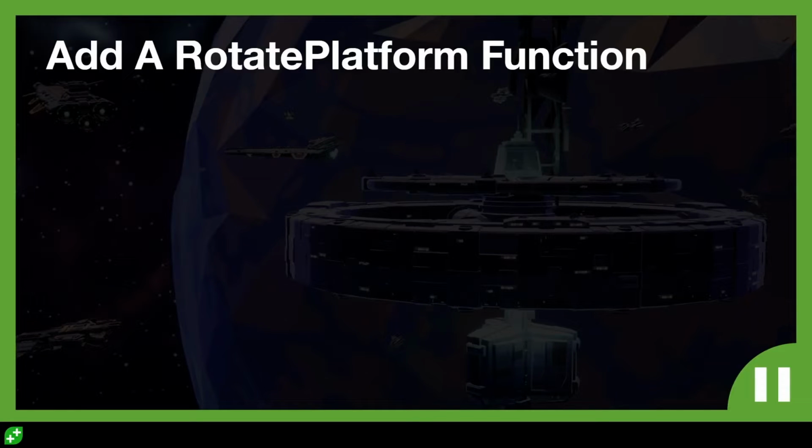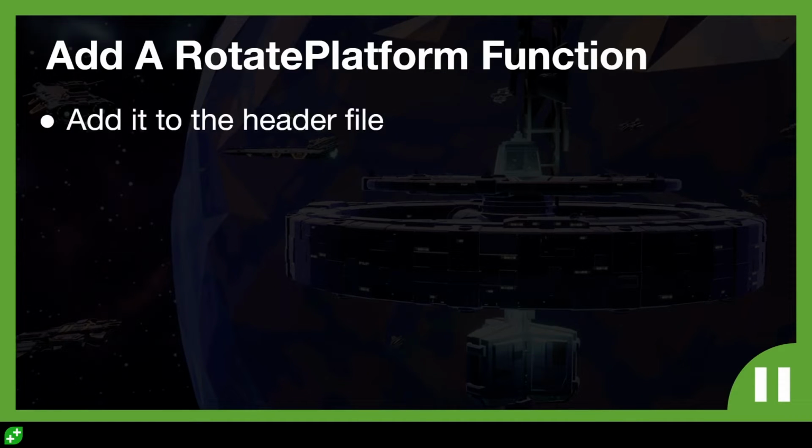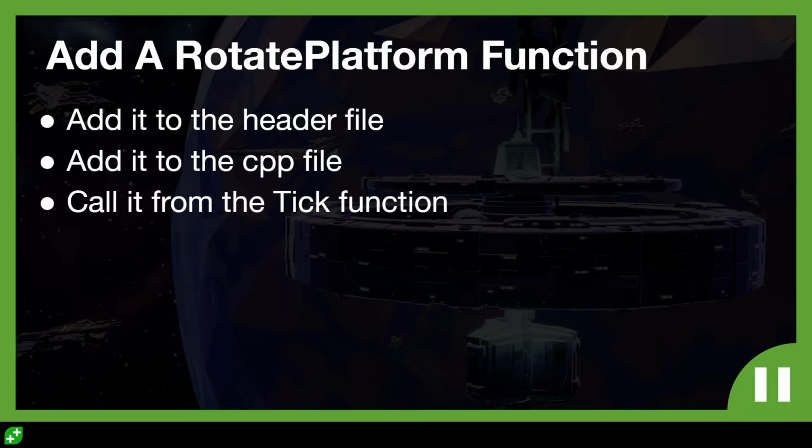So I'd like you to create your own rotate platform function that we're going to call from tick. You're going to add it to the header file like we've done for our move platform function. We're going to add it to the C++ file in the same way as well. So take your hints from the way we did it for those functions and then call it from the tick